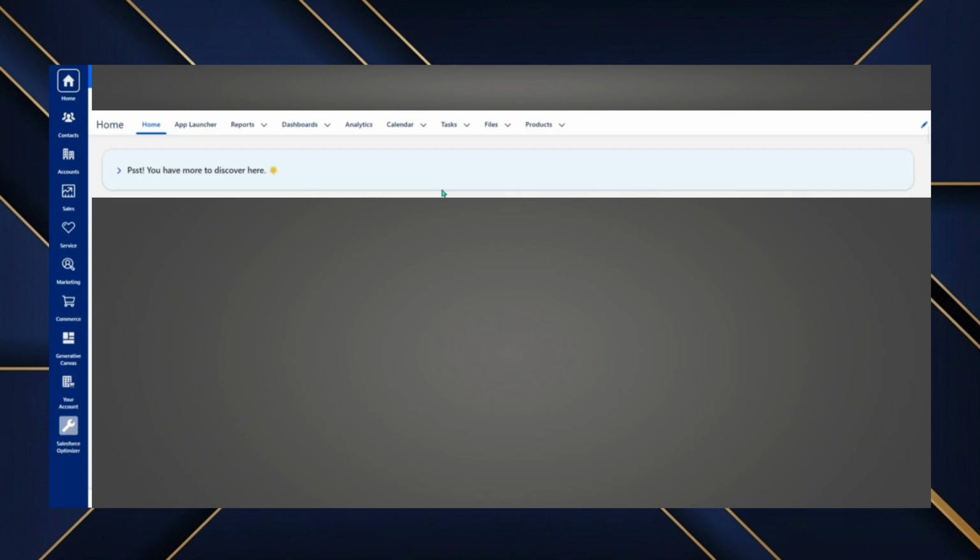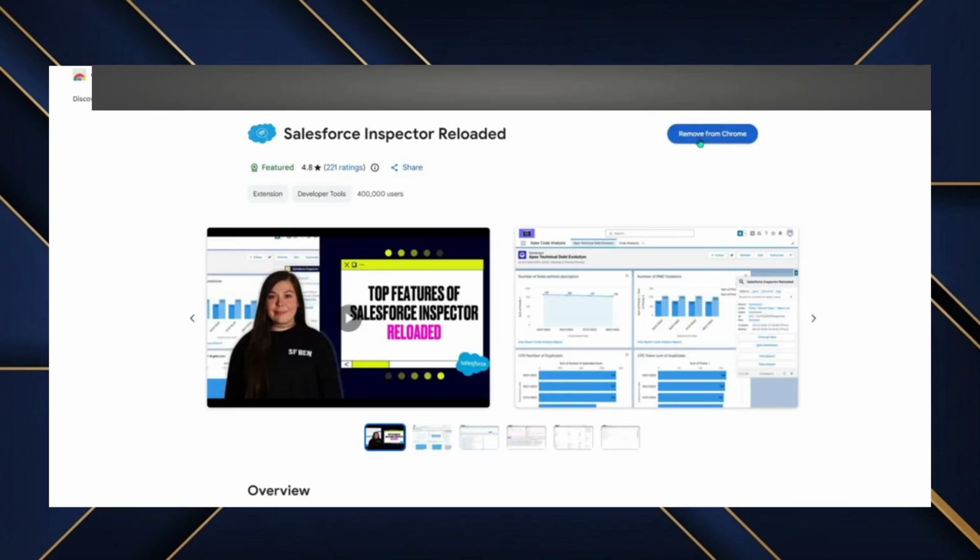In this video, I'll walk you through how to query data using Salesforce Inspector in a simple, beginner-friendly way. Salesforce Inspector Reloaded is a popular Chrome extension used by admins and developers to run quick SQL queries directly from